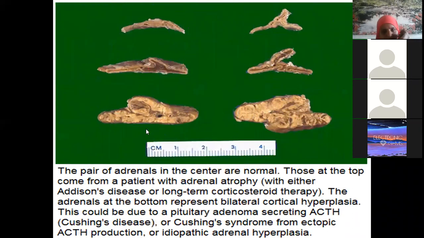You can see the comparative study, this is the normal adrenal gland. If the size is reduced, then you call it hypoplasia. If the size is increased, you call it hyperplasia. Hyperplasia generally we find with tumors. Hypoplasia or atrophy we generally see either with old age or due to a non-functional gland.